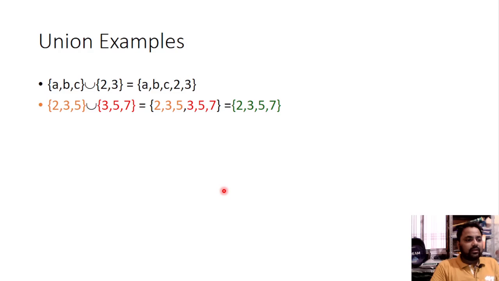Like {A, B, C} union {2, 3} equals {A, B, C, 2, 3}. {2, 3, 5} union {3, 5, 7} is equal to {2, 3, 5, 7}. Here we can see